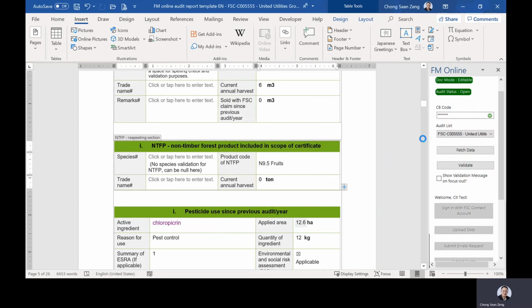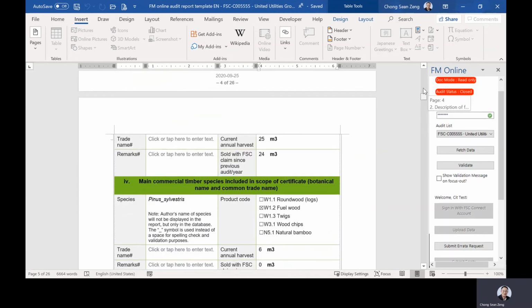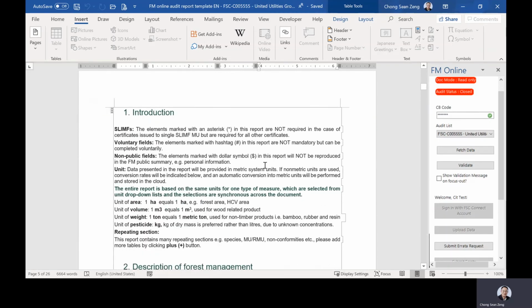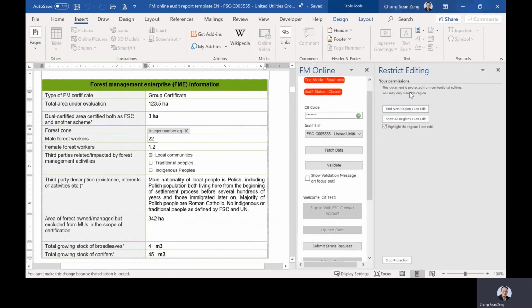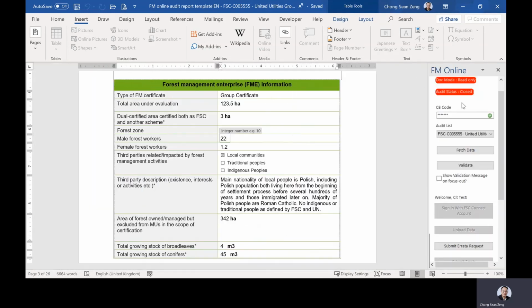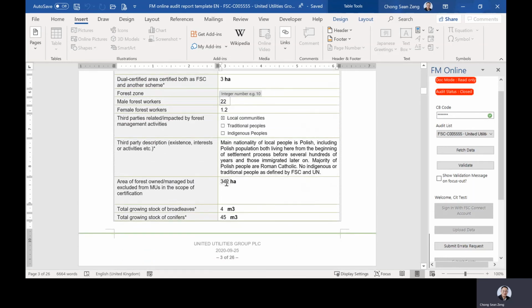Very well. So after data uploading, you can see the document mode has changed to read only and the audit status is shown as closed. And for that, the document is protected and you cannot make any changes any longer. It doesn't work. You can see it's restricted editing. And if you want to change something, if you spot an error in terms of data,